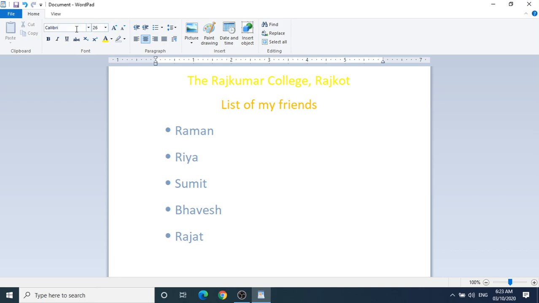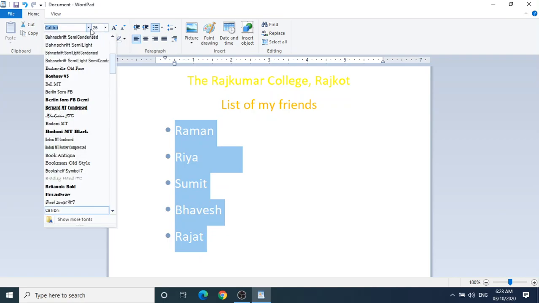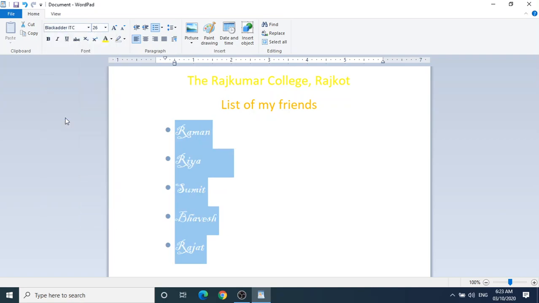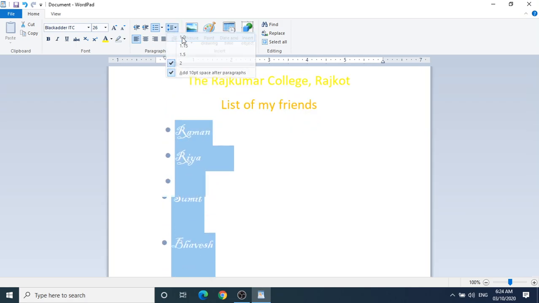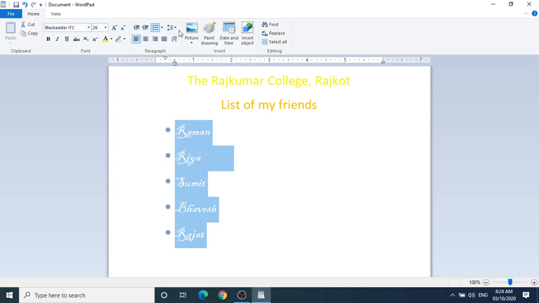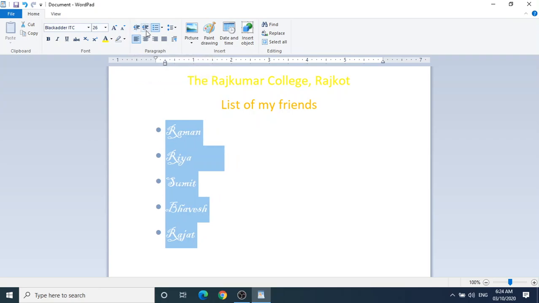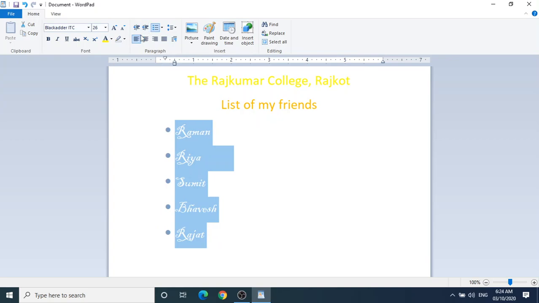Then from here you can change the font size. Even if you want to change the font style, this is the style you want to change, so you can change it. Okay, this is called alignments. Even this is a spacing. If you want to increase spacing between them, no spacing, then from here you can select. Now see, okay, this is indent. There are still these options, but I'll show you in the next video.